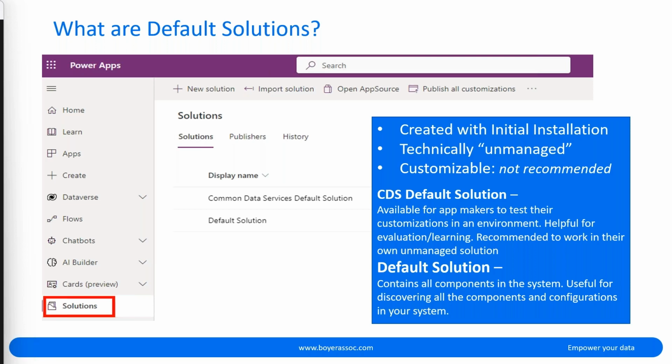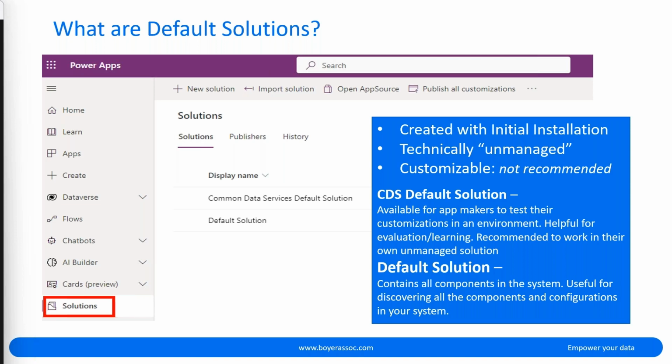By default, every solution in your development environment could be a default solution if you are creating it, right? So there is a concept of CDS default solution, and then there's also a default solution. Both of those are unmanaged solutions, and you cannot actually push those over to any environment, so they stay per environment.